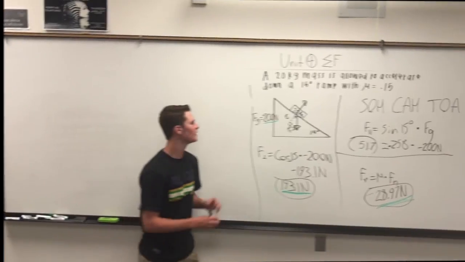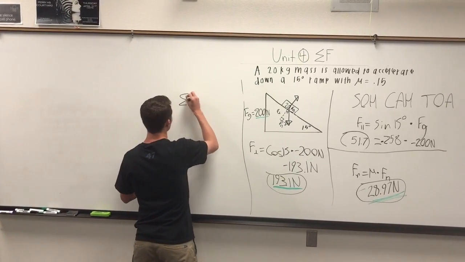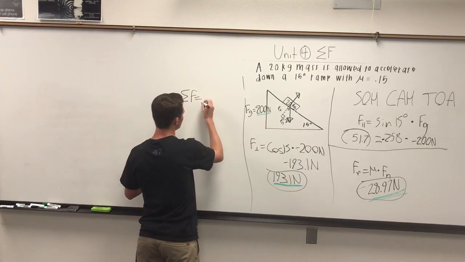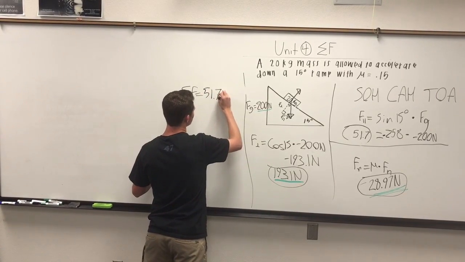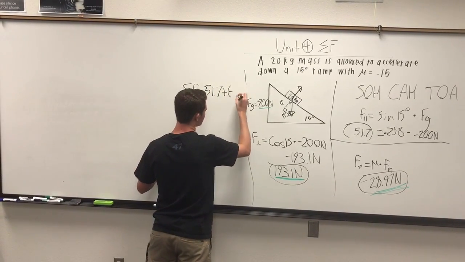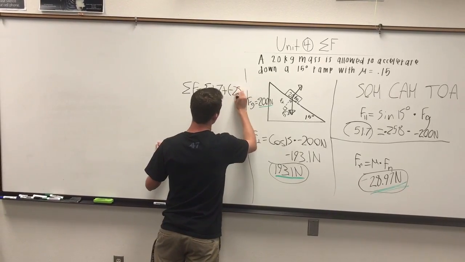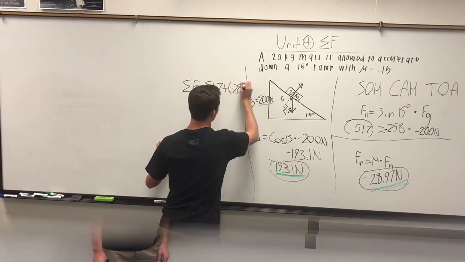Now that we have all of the forces we need, what should we do to calculate net force? In this diagram, the net force is calculated by adding the force parallel plus the force of friction. The net force is equal to the force parallel, 51.7, plus the force of friction, which is negative 28.9. This gives us